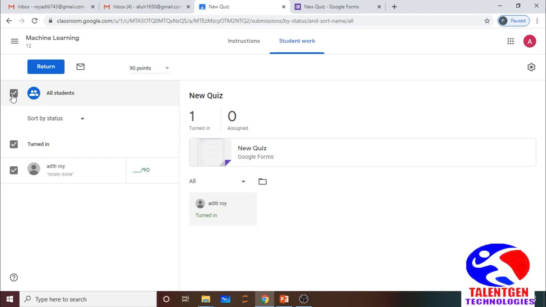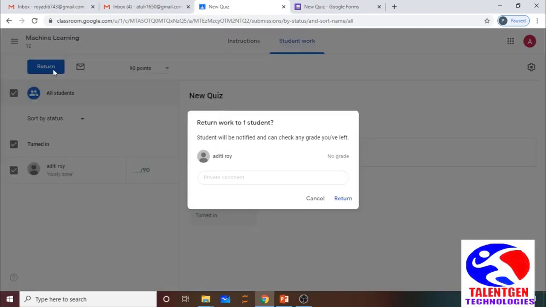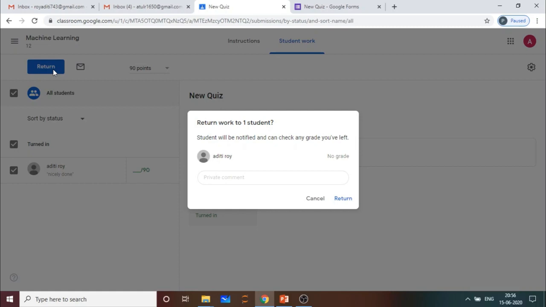Then you need to click on Return. You can type here any comment, then click on Return. This message will be received by the student as well.